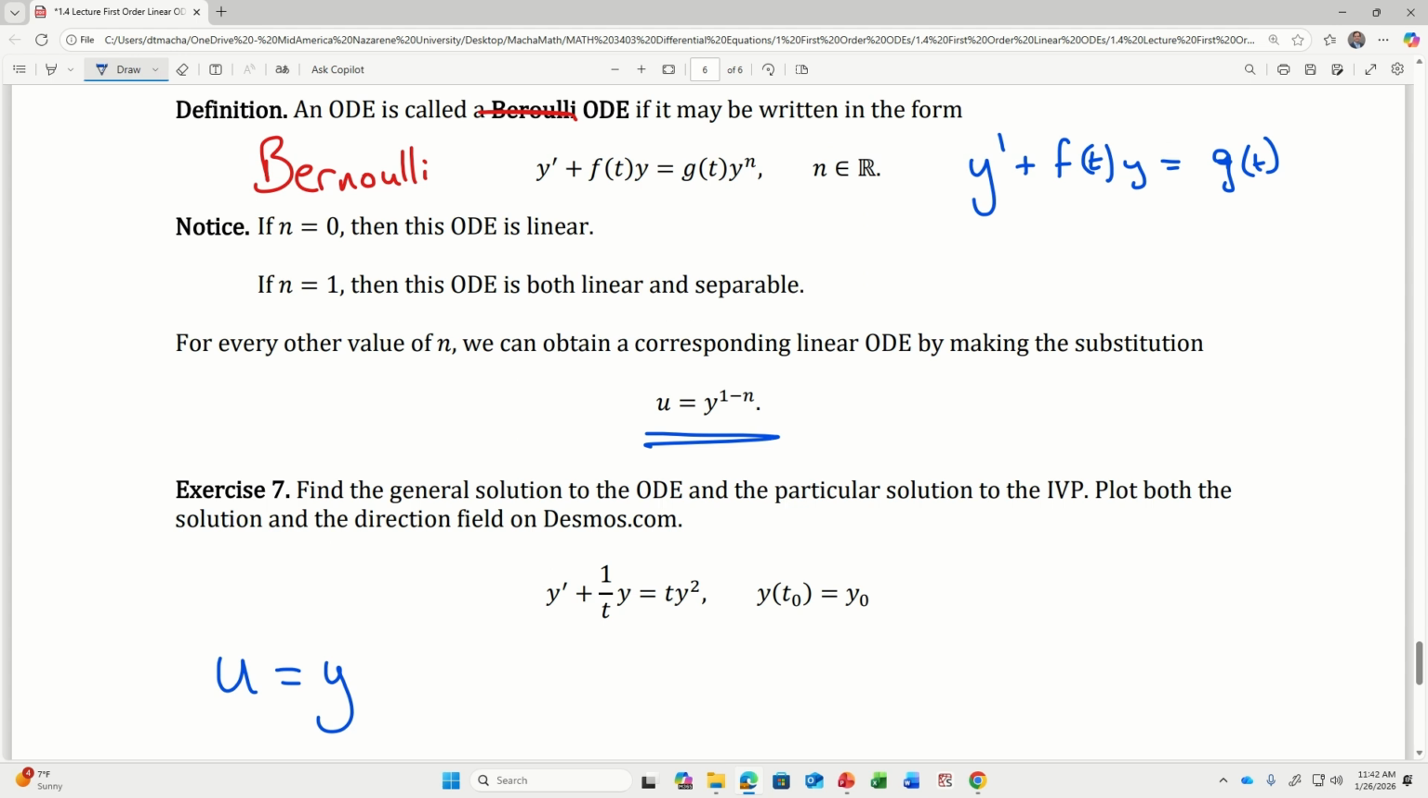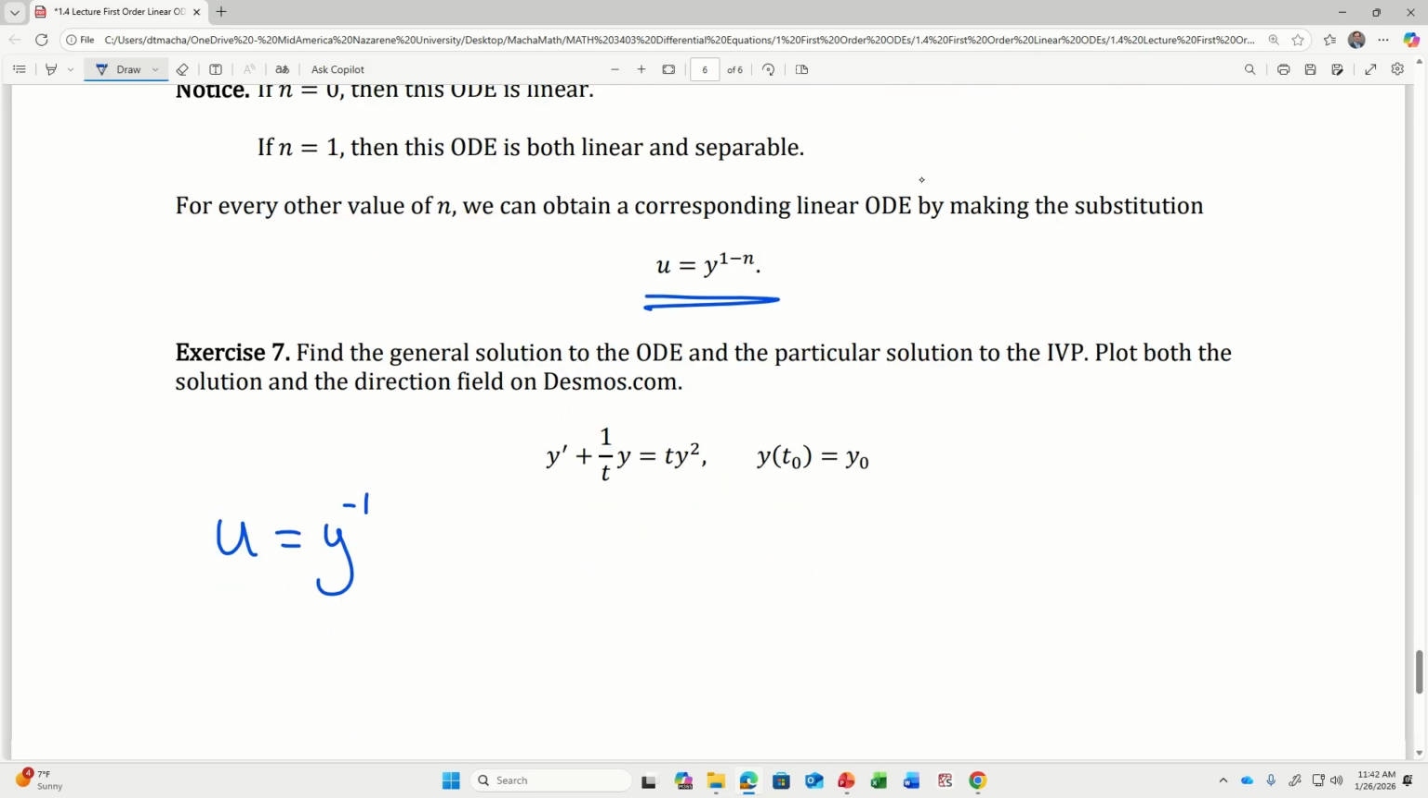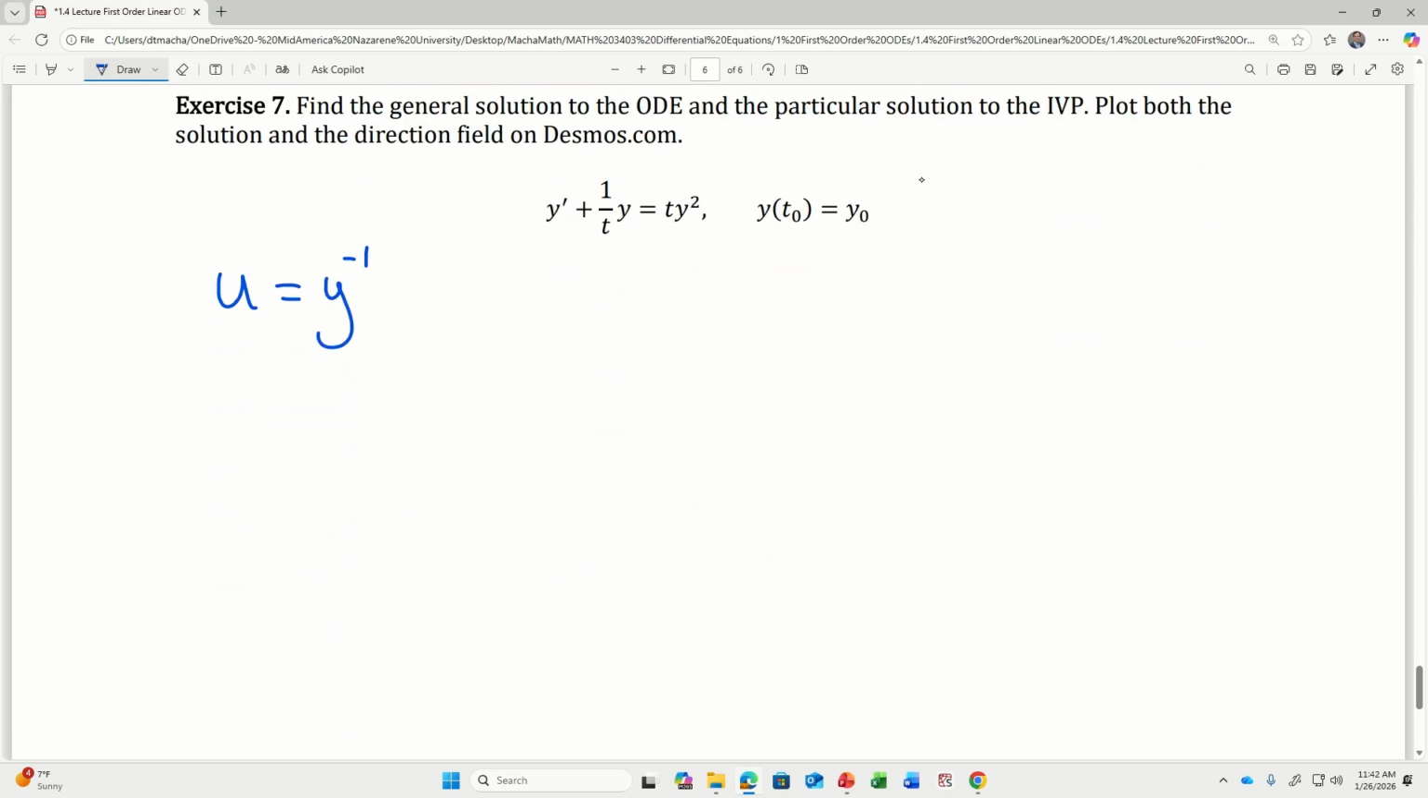Would be y to the negative 1. Yeah, because the n, y to the n power, is 2. And this is u equals y to the power 1 minus 2. So I need u equals y to the power negative 1 for that substitution. Okay. To make the substitution,